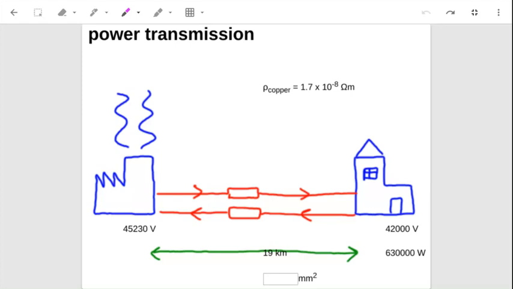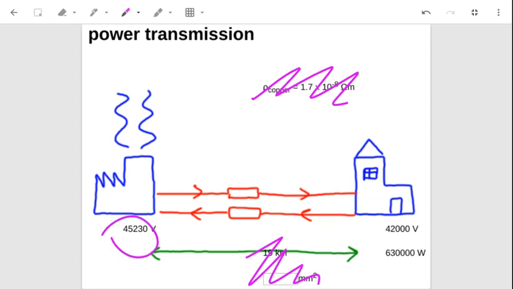Right. There's a lot of information here, and let's just get rid of some of it for now. Let's just ignore these things. We've got a voltage coming from something a bit like a battery, and a voltage over here, and the power, which is the power that's transferred to these homes. So one thing we can do is use conservation of voltage to work out the voltage across each